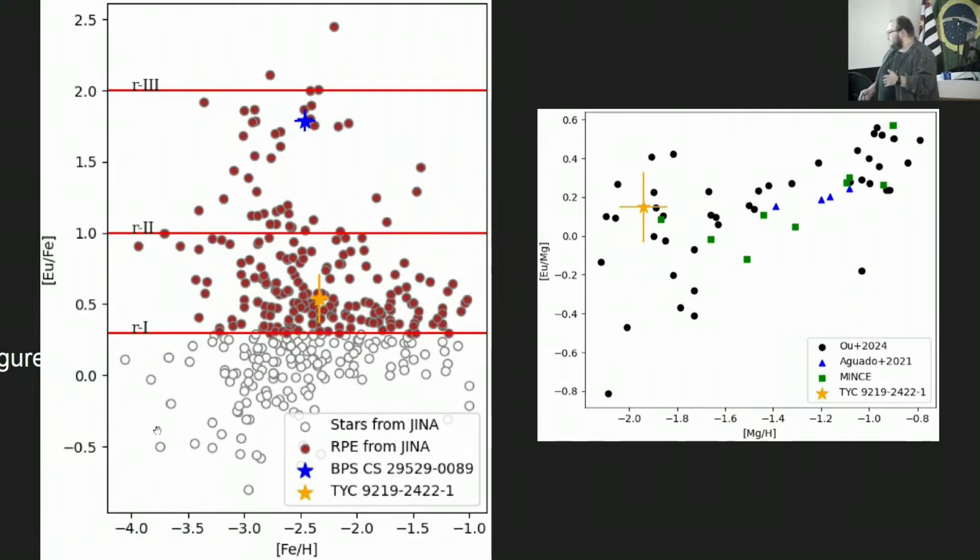Here on this plot you can see the classification of r-process enrichment. r-I is generally said of stars that have enrichment in europium above 0.3. Above 1 are the r-II stars, and there is a proposed category called r-III, but there are just very few stars in this classification. So you can see that BPS, a star that we serendipitously found in the Gaia catalog and did the spectroscopic follow-up on, is very enriched in the r-process, indeed. And our other star, TIC, has a level of europium above 0.5, that is in agreement with our